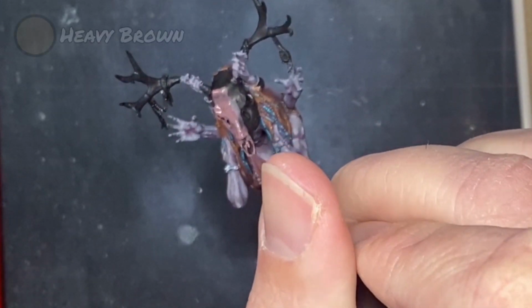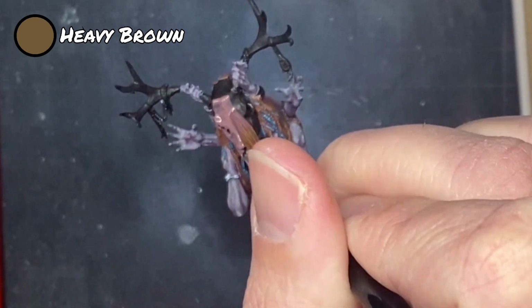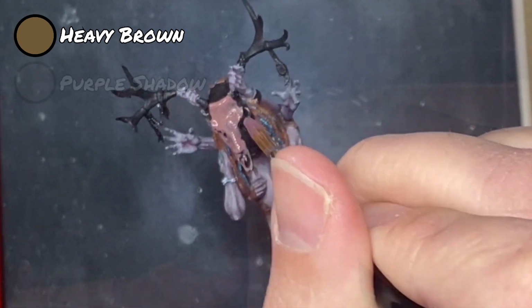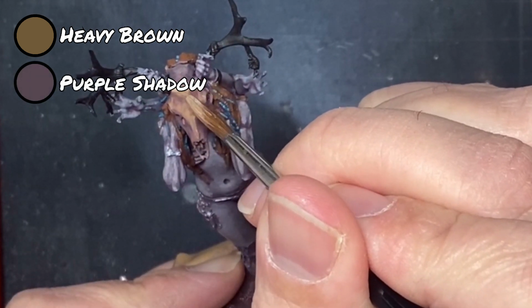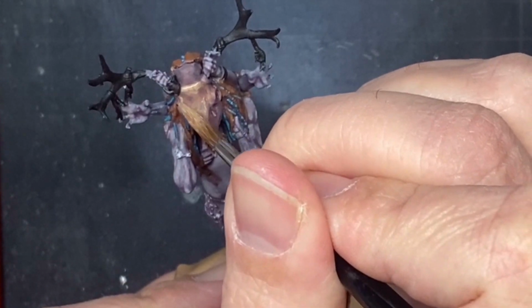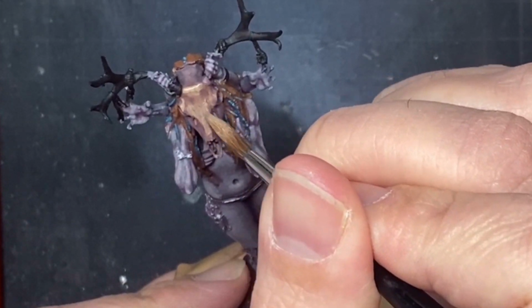For the skull, I introduced another new colour with Vallejo Game Extra Opaque Heavy Brown. And again, to tie the colour in with the rest of the model, I mixed it with purple shadow. I changed up my technique for this part and decided to try some wet blending. This is where you apply the next layer before the previous is dry and create blends as the paint mixes